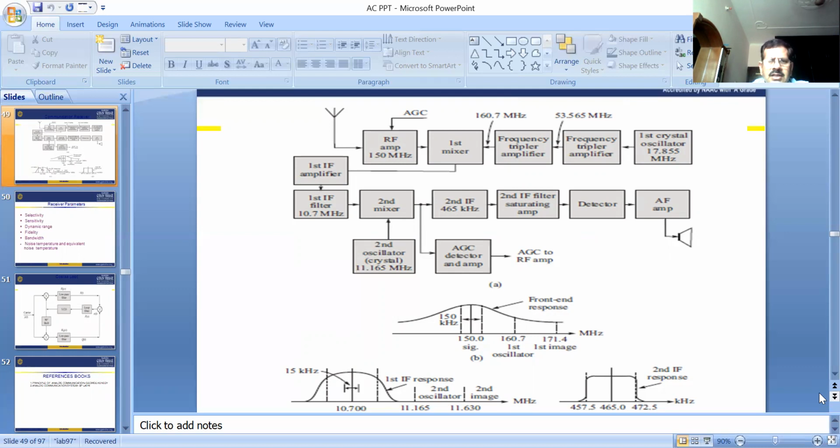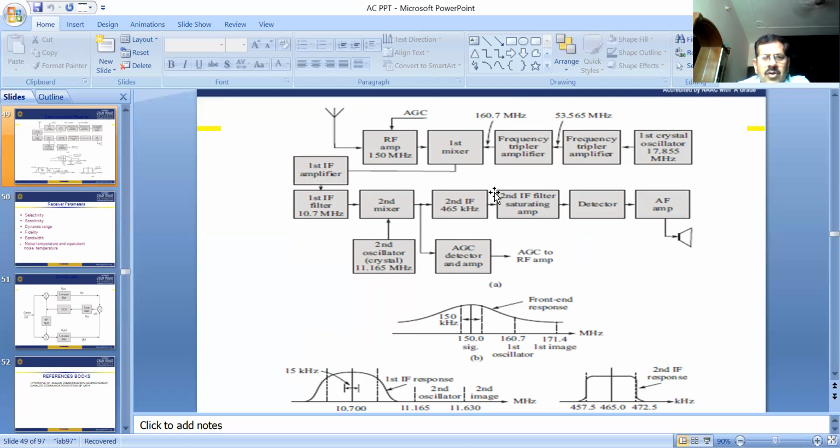In this block diagram, the signal is received from the antenna, and this signal is applied to the RF amplifier, which has 1.5 megahertz frequency, and also an automatic gain control is applied to the RF amplifier. This signal is also applied to the first mixer, and a second signal is generated by the crystal oscillator, which has 17.855 megahertz frequency, and this signal is applied to the frequency tripler amplifier, and after this amplifier the signal is mixed with the first signal,